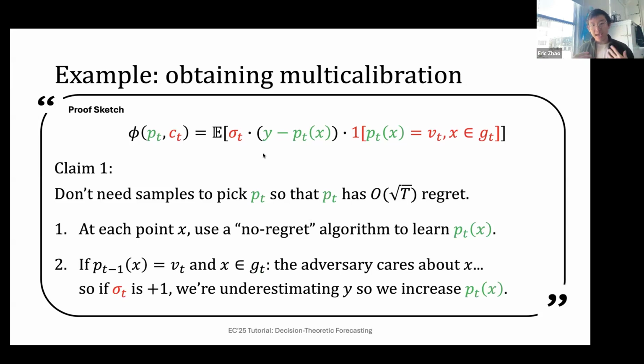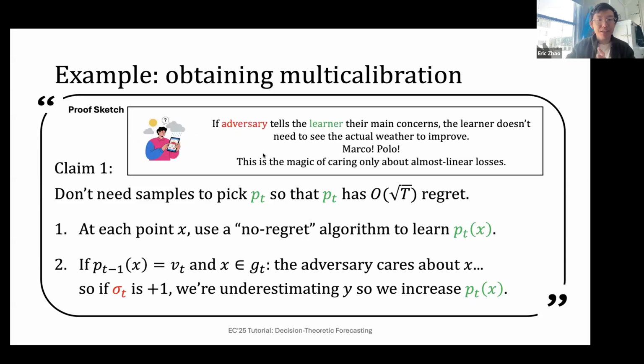If I am a point in the domain and I know that I fall within the region that the adversary is auditing, and the adversary claims that we are underestimating the label, then I'll know to slightly increase my label. Because of this, I can just react to what the adversary is claiming in order to update my own prediction. I don't actually have to see the data distribution.